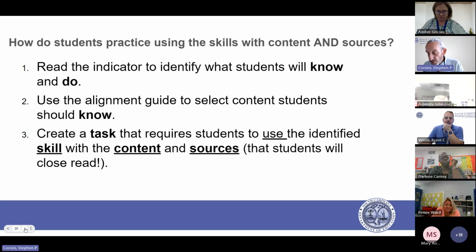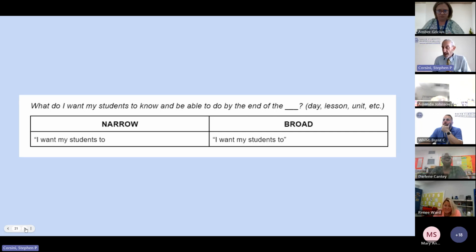And for our purposes, if you can imagine, this is a little narrow lens as a part of a bigger unit. So anytime you're planning, I want you to view this strategy as a part of a lesson. But when you're actually doing your planning, just a reminder to consider, are you looking for a narrow or broad approach to this task? So this close reading strategy can be used regardless if you have a narrow or broad approach to this specific content that you are getting ready to uncover with your kids. And again, I mentioned this other webinar series, we'll take a deeper dive into looking at close reading with a variety of types of sources.